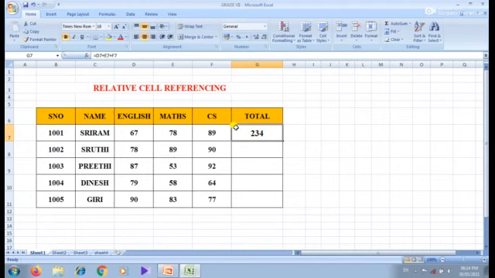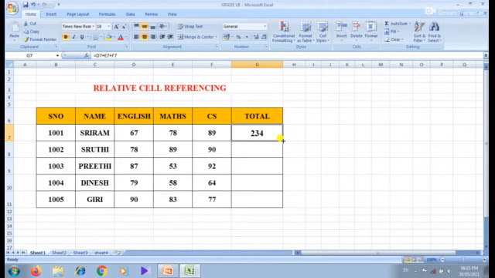Okay, see here. First, using the autofill handle. Consider this cell.